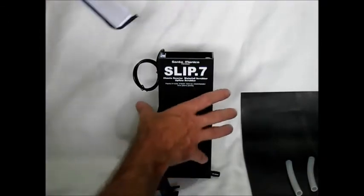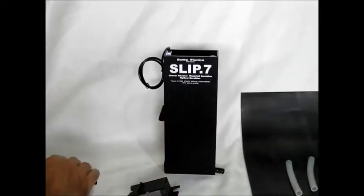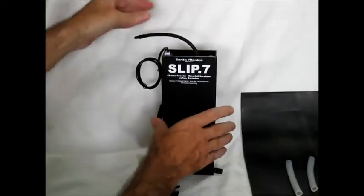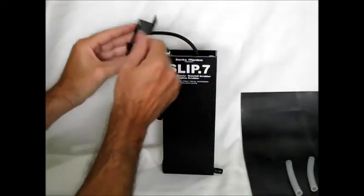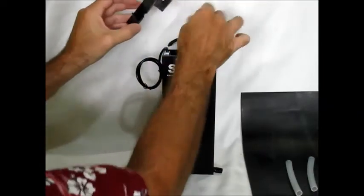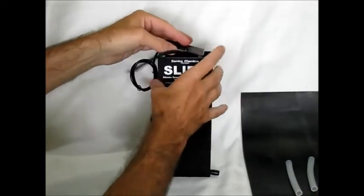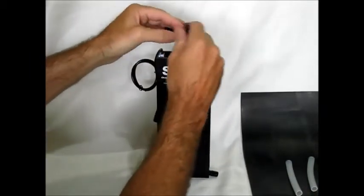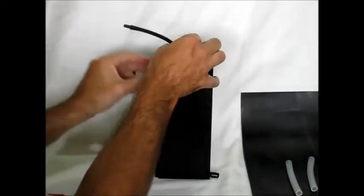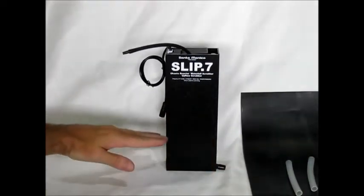So once you have that working, the inside is just like that. And you get that down there, put in your lid, and the tubing comes out. The tubing comes out this little cut right here. And of course you're going to plug in your light, and you're going to sit that down, and the upflow